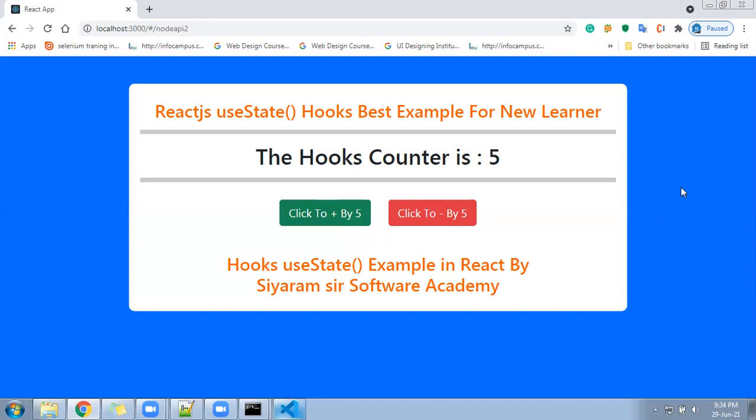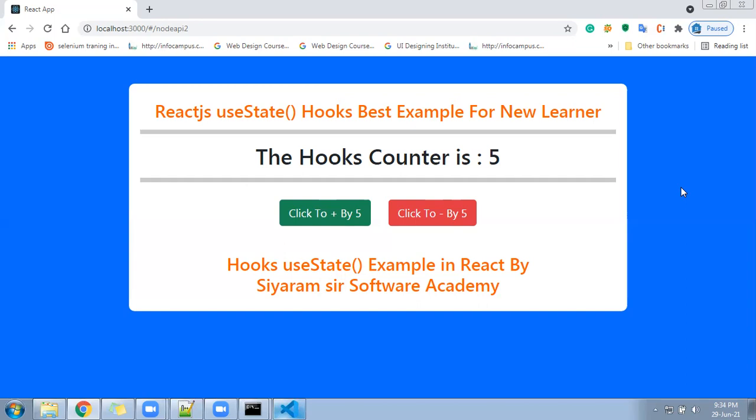Inside the hooks, we are going to start from the very first function of hooks, which is called useState. We know that in React we have already gone through the class component. You can look into my previous videos of the class component that we have implemented; the videos are available on YouTube. Now we are going to implement the hooks. In that, the first function is called useState.